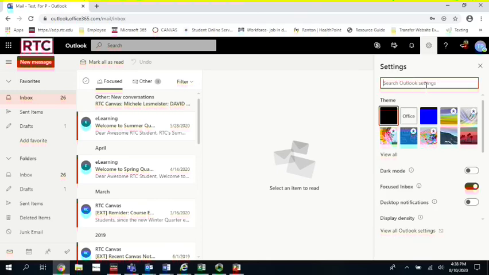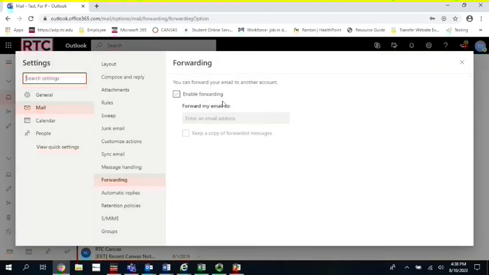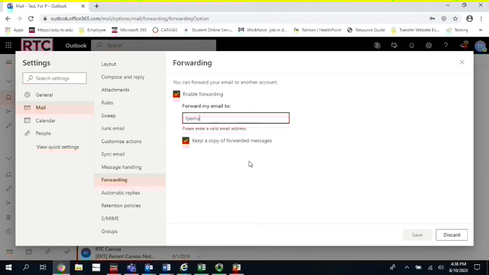Once you get into Settings, go to the search bar and start typing in forwarding. And as you'll see, this option will pop up called forwarding. And then you're going to get a screen that looks like this. You'll click first enable forwarding, and then here type in your email address. Okay, so once you've entered in your personal email address here,